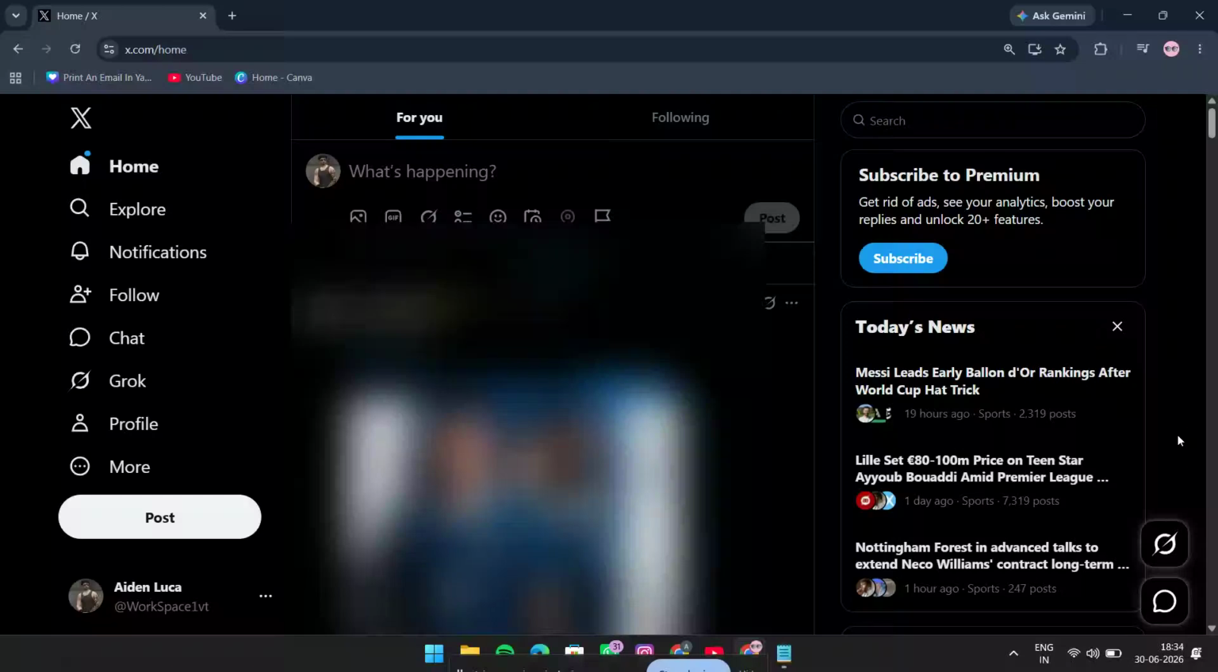If you've ever pinned a post on X and now you want to take it down, this quick tutorial will show you exactly how to unpin a post in x.com, also known as Twitter, in just a few simple clicks. This is useful if you want to update your profile, replace an older post, or keep your profile looking fresh